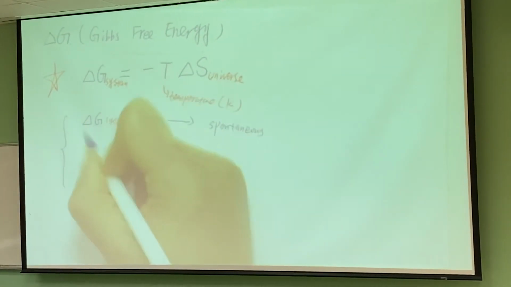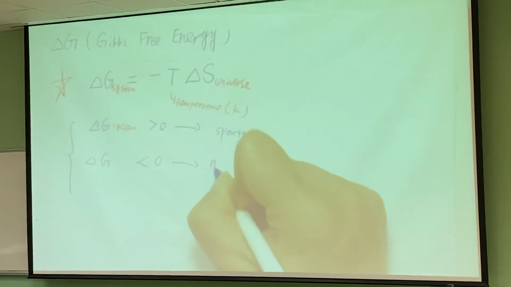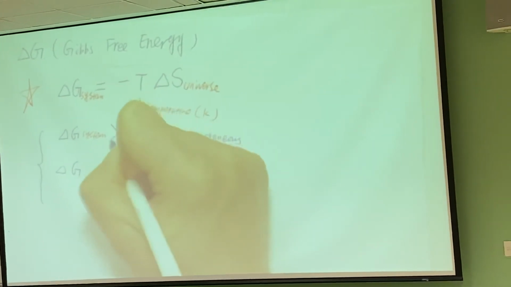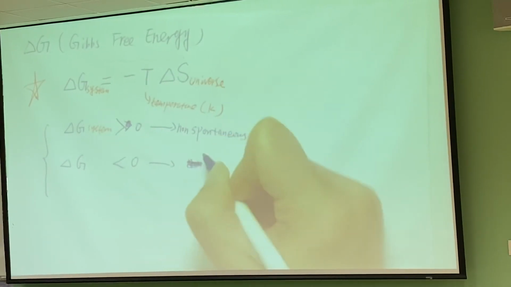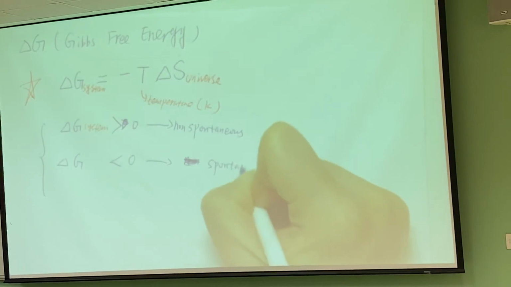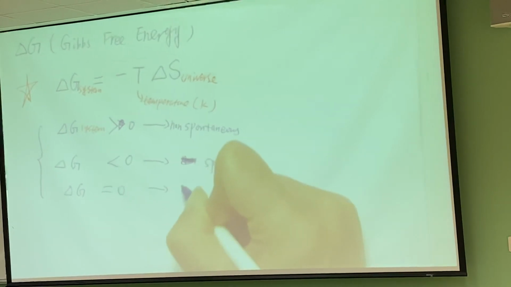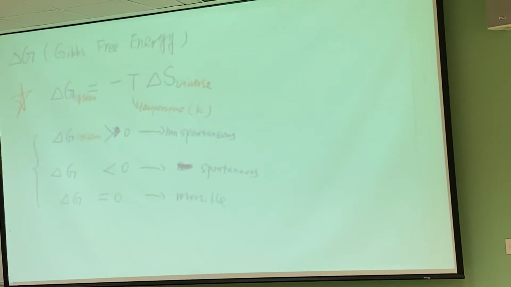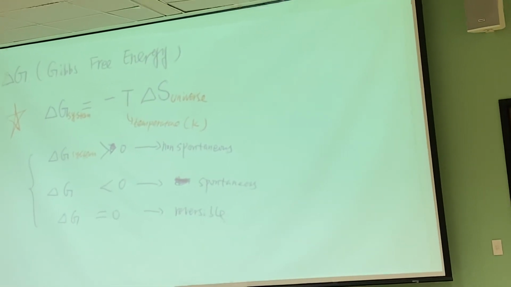Give you the conclusion, go back and think about that. Delta G system, if it's positive, it's not spontaneous. If it's negative, it's spontaneous. If it's equal to 0, it means reversible. And it's because of the definition. Okay, so I'm going to stop here today. So go back, really read about the delta G, and we